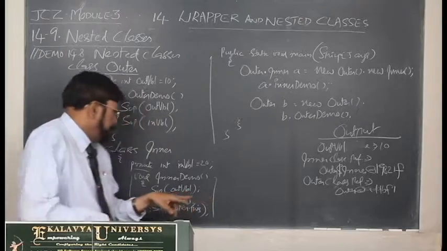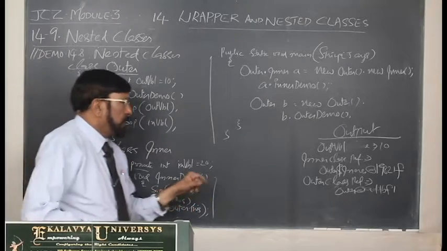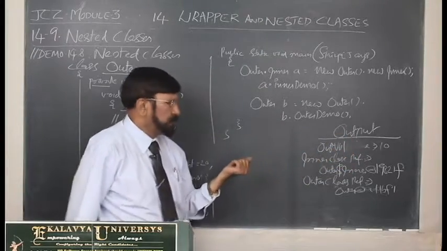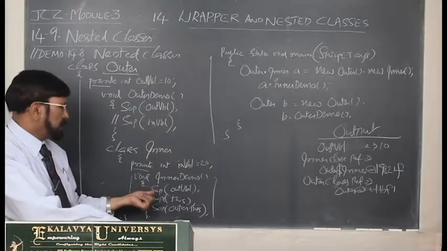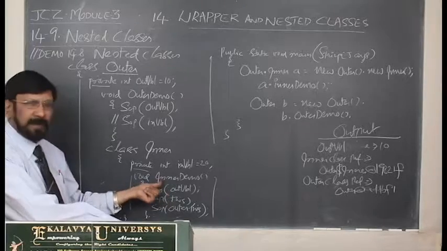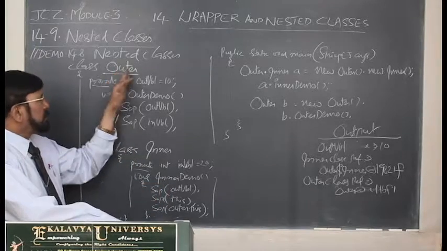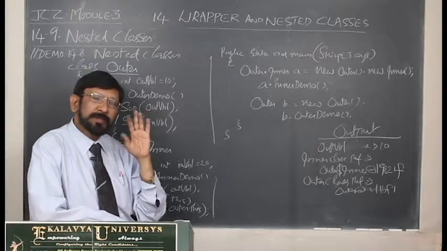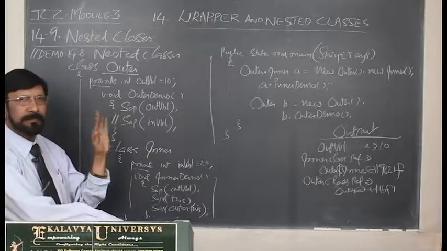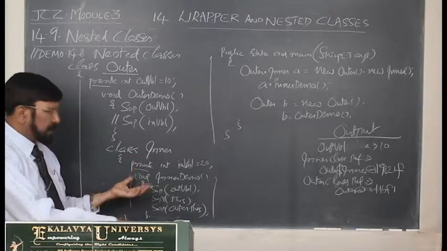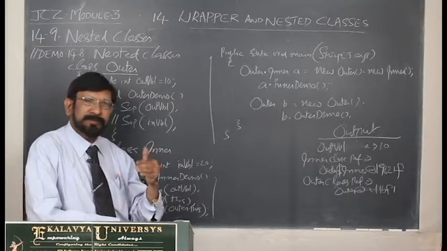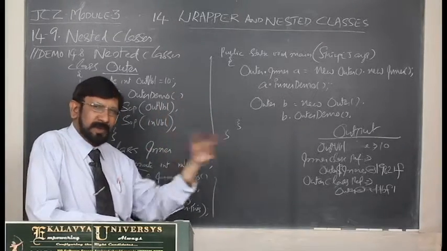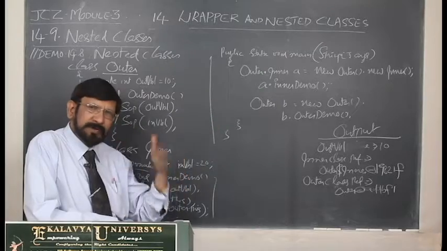Now, you see the outer variable we are writing is printed like this, there is no issue in that. That means what you understand is that the inner class can access the members of the outer class even though they are private. That means the inner class can freely access private and non-private members of the outer class. You can write your program and see.